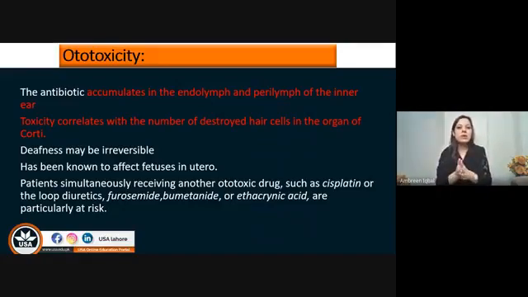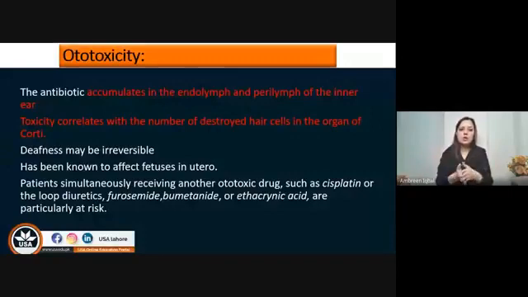But the good thing is, sorry, this is not good. The bad thing is this deafness is irreversible, that it can't come back again, because our hair cells are going to be destroyed, and they are going to be destroyed completely. So even after stopping the use of the medicine, the effect of the ototoxicity remains. So we'll try to avoid it, to use the minimal possible dose, so that we may prevent this effect